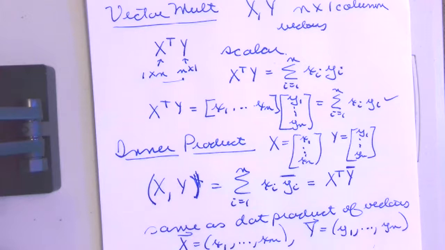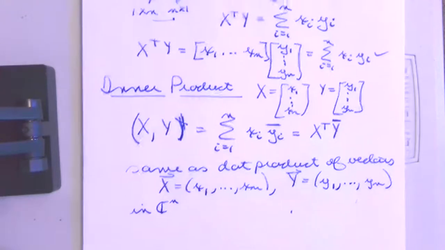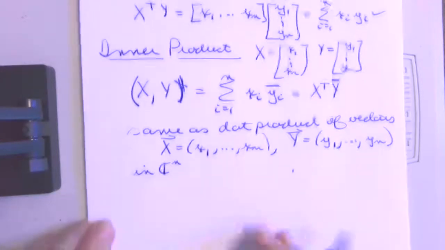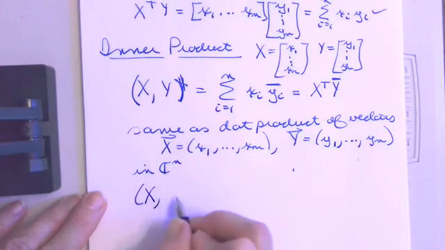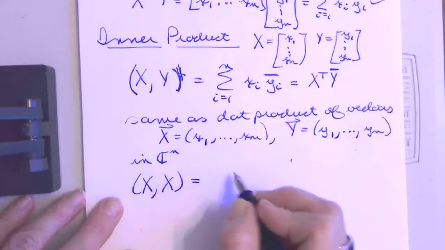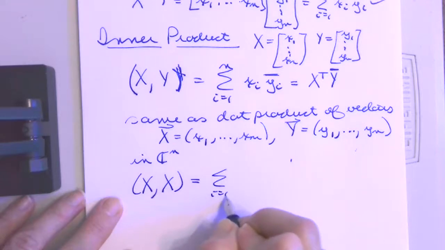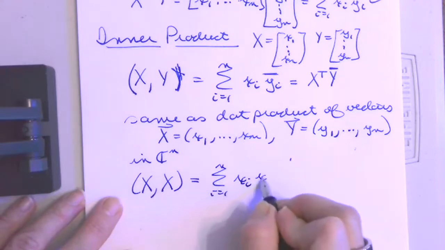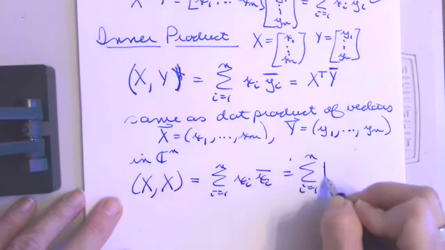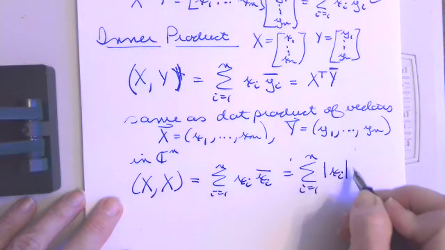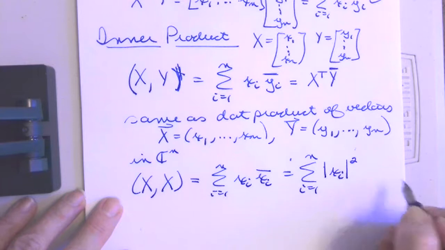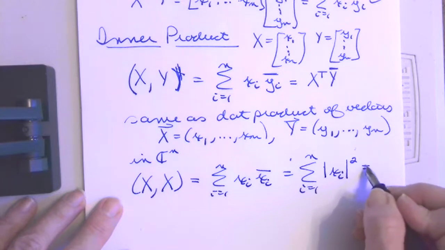We will be forced to work with complex numbers, so we have to be ready to deal with that. And so notice that if you take a column vector x and you take its inner product with itself, that becomes the sum from i equals 1 to n of xi times xi complex conjugate, which you should remember from our discussion of complex numbers is the absolute value of xi squared. And when you add that up, that is